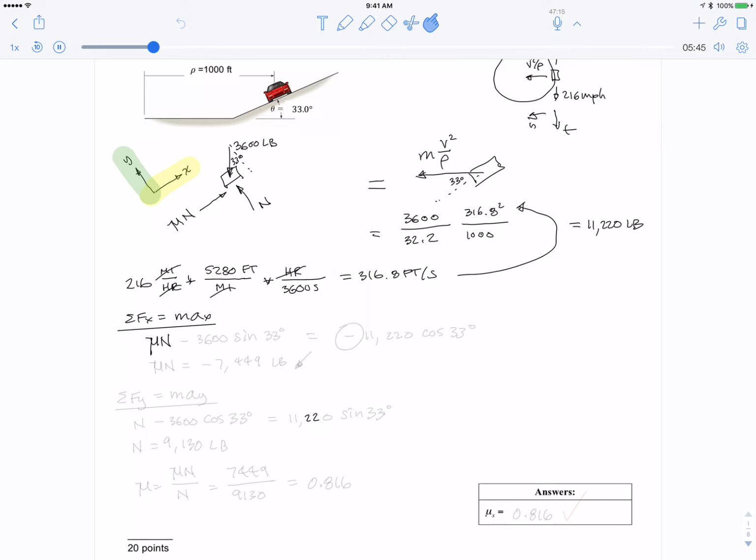Mu n minus 3600 sine 33 degrees. That's everything on the left-hand side of the free body diagram. Equals, in the x direction, this m v squared over rho is 11,220 pounds. So 11,220 cos 33 degrees. And so we'll go ahead and solve for mu n. Mu n equals,